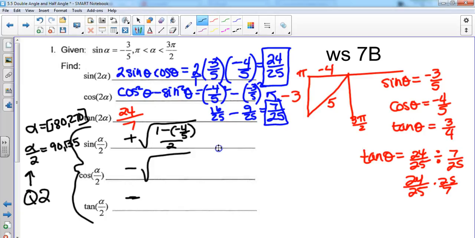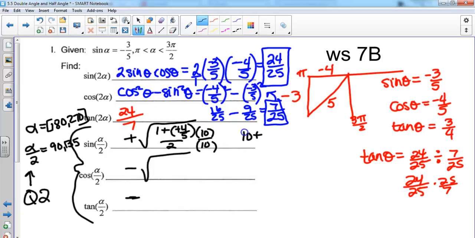I don't know how you want to do this. You want to simplify the top, or you want to multiply top and bottom by the common denominator? Common denominator? Okay, what's the common denominator? 10. By the way, minus the negative becomes plus positive, right? If I multiply top and bottom by 10,